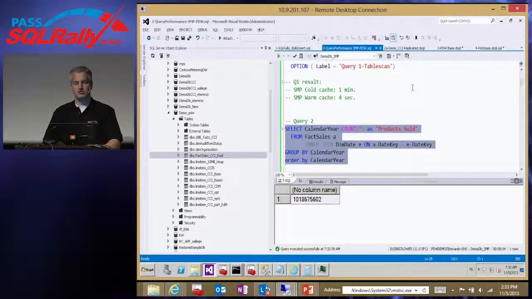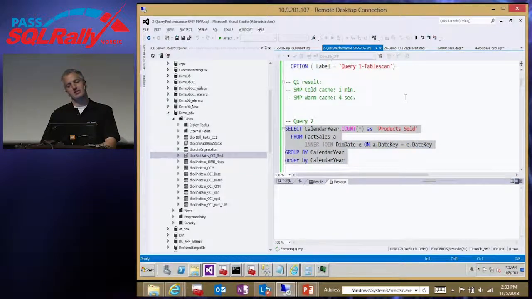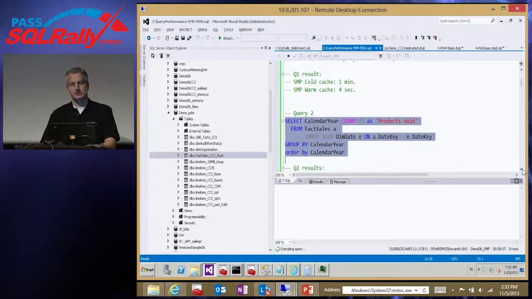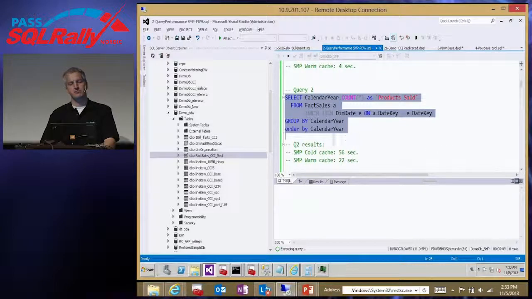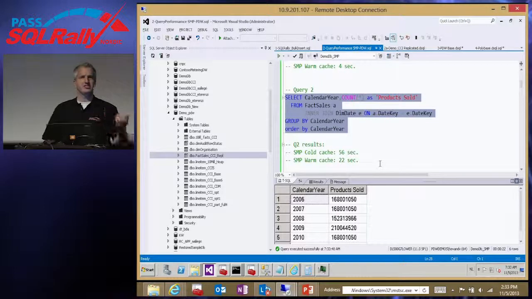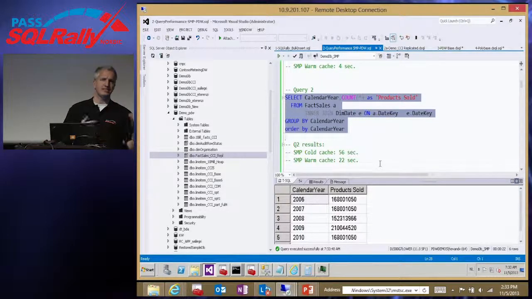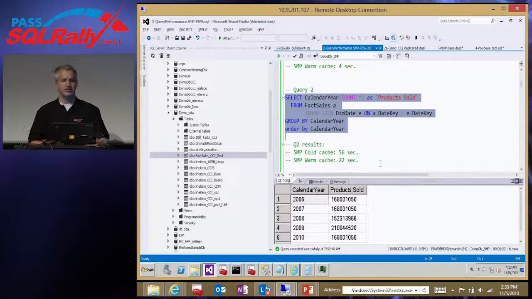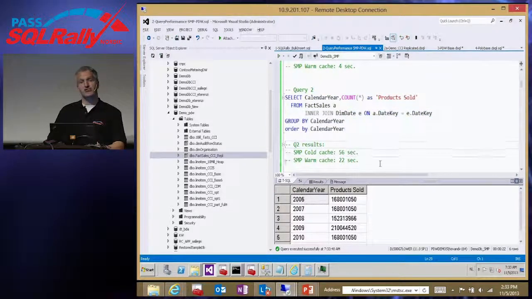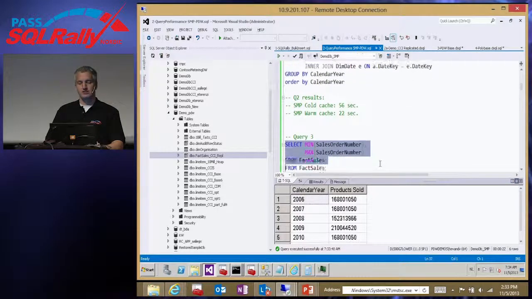Now, if I would like to query this fact sales table with 1 billion rows and just figure out how many products I've sold per calendar year, it's pretty straightforward. But we're already talking 22 seconds to run such a basic query, right? So is it good, is it bad? Well, it really depends. If you have users who sit and work on analyzing data mining, they want to get insight really, really fast, and then 22 seconds might already be a little bit too much. Well, min-max,